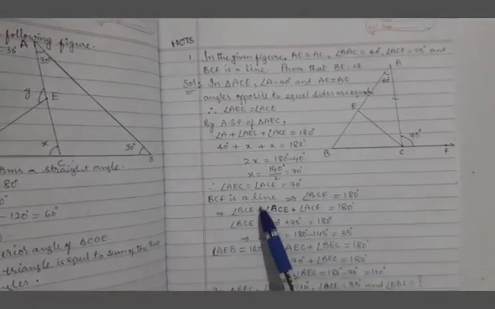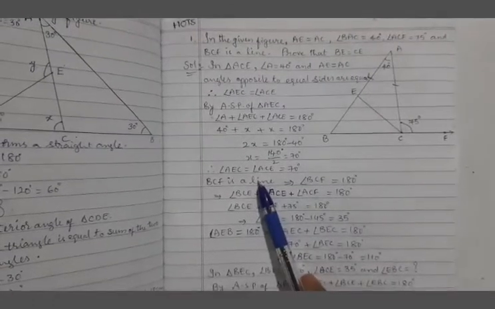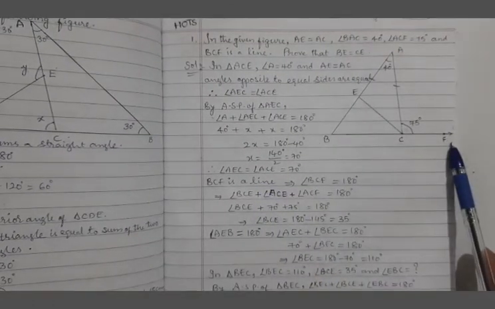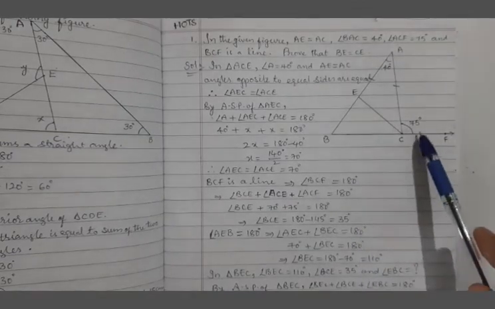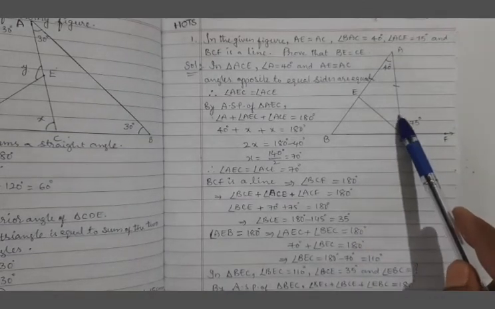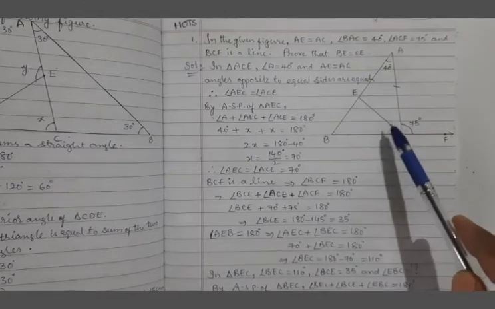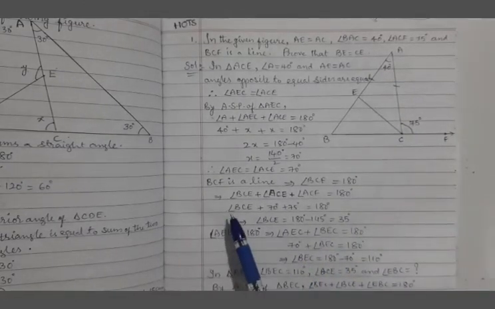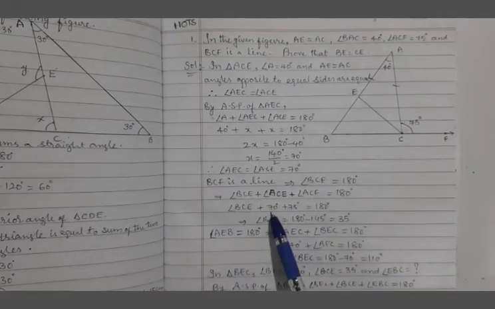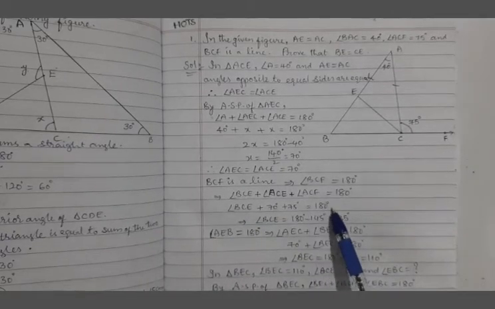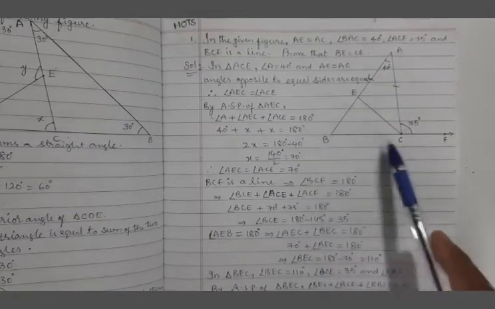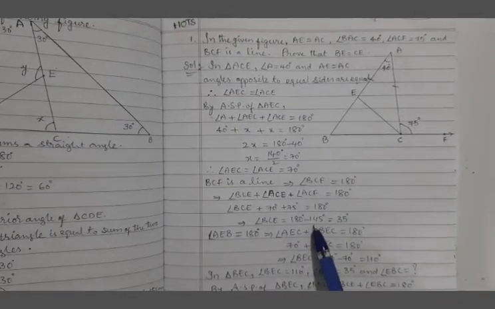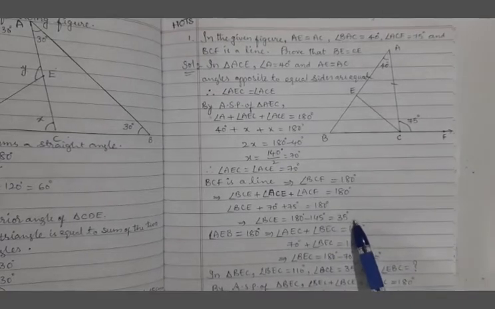But BCF is a line given in the problem. Okay. BCF. Therefore, observe here, exterior angle is given 75. This we calculated now as 70. Then what is this value we are going to find? That is mentioned here. Angle BCE plus angle 70 plus angle 75 degrees equal to 180. Therefore, angle BCE is equal to 180 minus this total 145, which is 35 degrees.